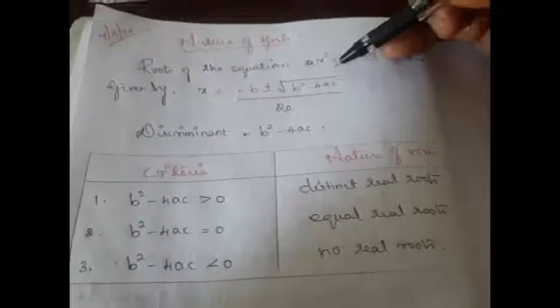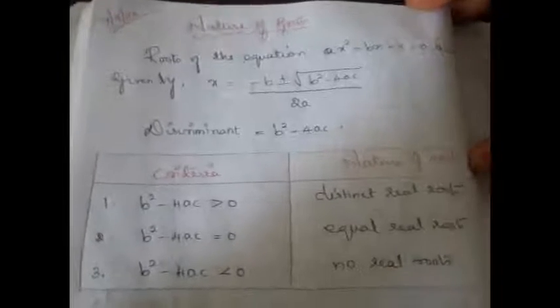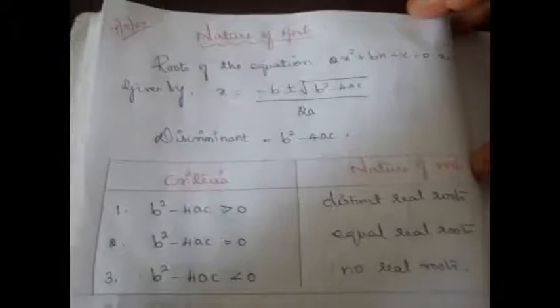Then we learned how to solve the quadratic equation by various methods such as factorization, completing the square, and also by formula. And this is the formula, right? The roots of the quadratic equation are given by minus b plus or minus square root of b square minus 4ac divided by 2a, right? Using this formula we can find both the roots. We know a quadratic equation will have at most 2 roots, so those 2 roots can be found by using